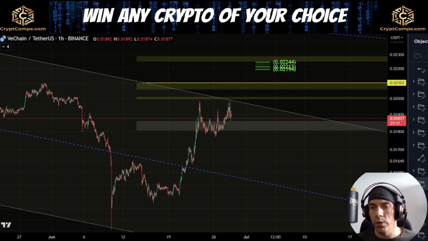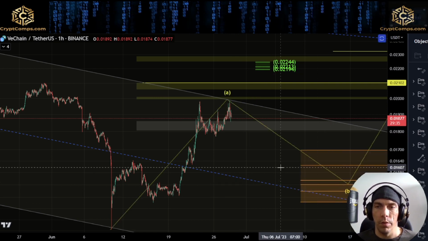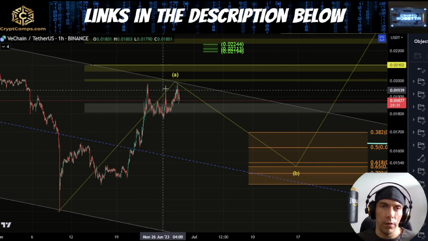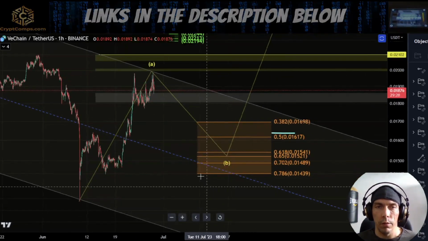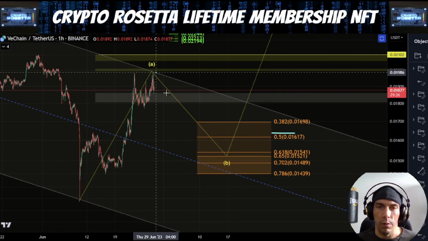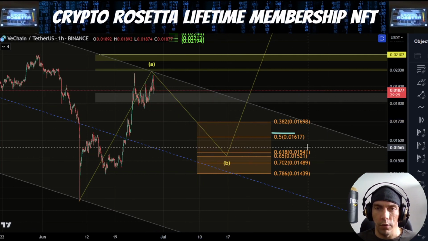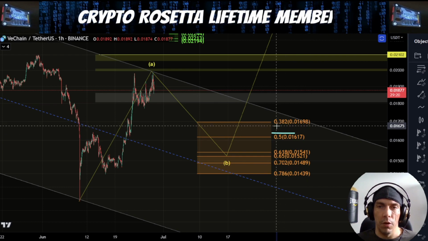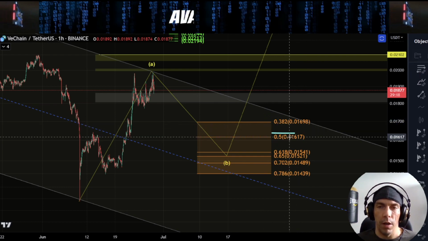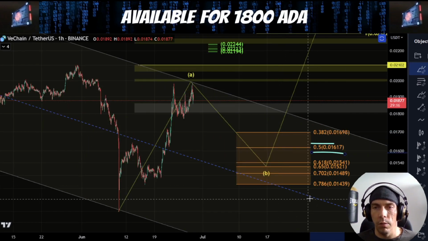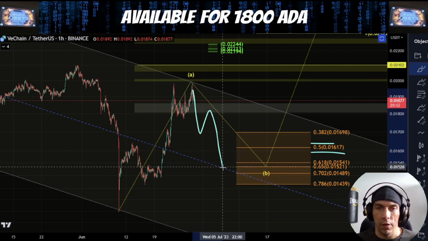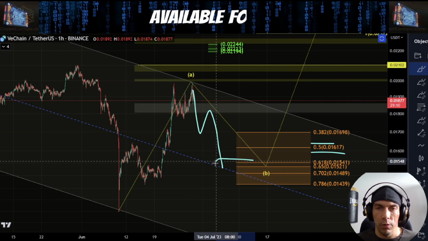Now, there is also the possibility, like I said previously, that what we could have here is that this could actually just be completed here as an A wave, and what we're looking for is the potential to come down in 3 waves, looking for this lower range here of this 50% typically is going to be our zone. Our minimum requirement would be this 382, but typically speaking, we're looking for this 50% to the 786.